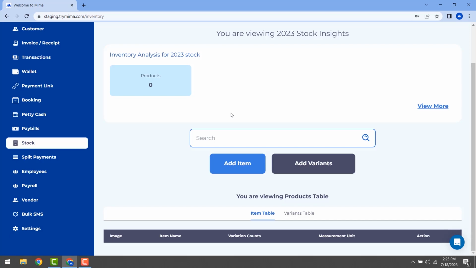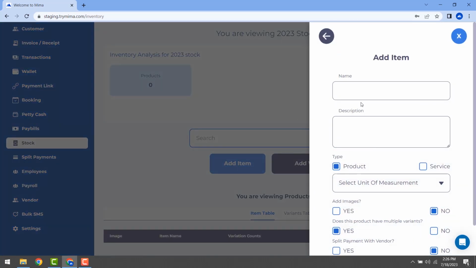We have a robust system for managing your stock. So in the case of this demo, I would be adding a stock for suits. Whatever you sell, whether you sell a product or a service, you can add it to our stock module. I simply click on add item, I select the name,